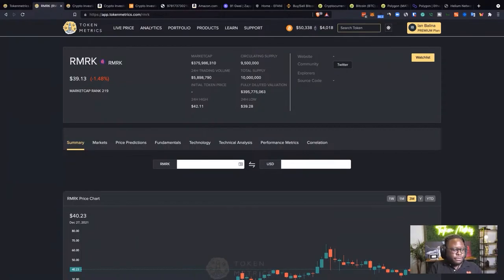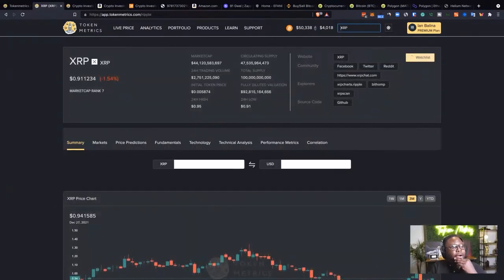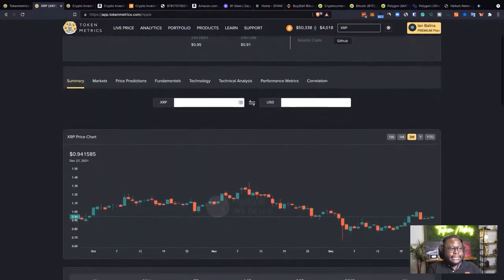If we go to XRP, for example, we have 47 billion circulating and 100 billion total supply. So only 47%. So this is a centralized coin. Now, you can't make money on centralized coins if you're trading it. But in terms of long-term value investing, basically the team can sell tokens and dump the market price whenever they like, right? Insiders can do it, right? And that is a deal breaker to me.